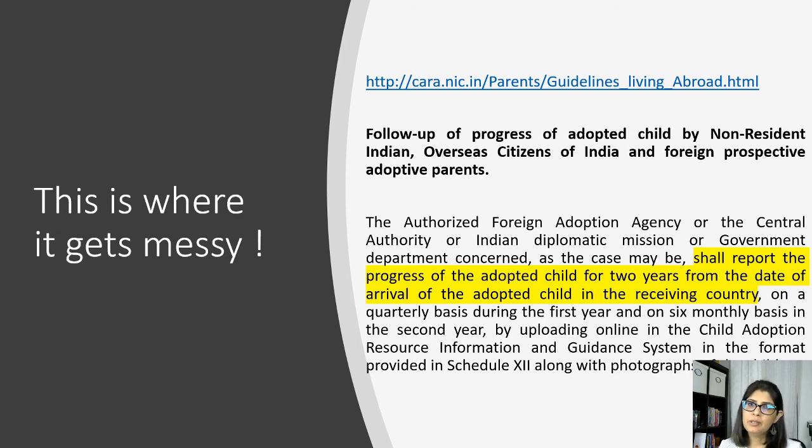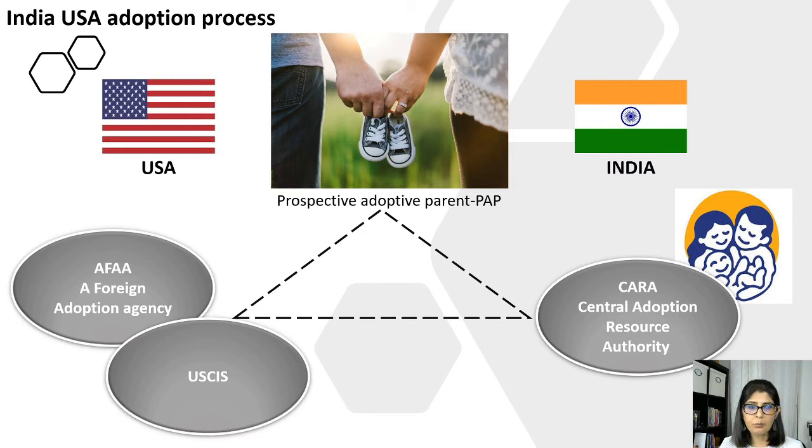I've heard from USCIS, CARA, as well as a few AFAs that both US authorities as well as CARA are working on finding a better solution for NRIs. They have been working on it for 3 years, and we all know how red-taped the process is, and sometimes it can take longer, but I'm glad that at least they are working towards it, and hopefully they will be able to find a process which is clear to AFAs of what to do under this situation if the child is not migrated, or if maybe there is another process which NRIs can follow. But it's not clear yet, and that's why AFAs will not be willing to work with you.